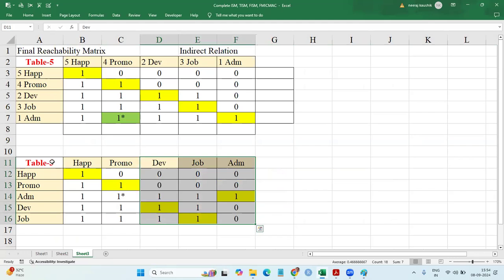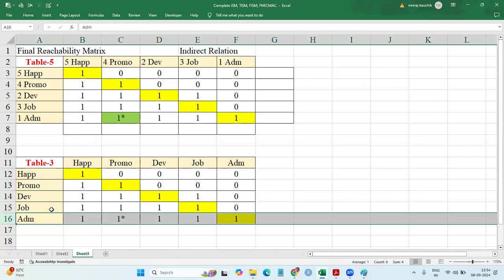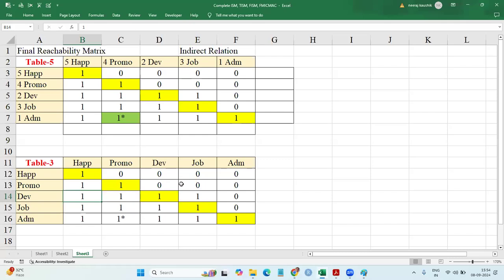And likewise, admission out from here and paste the admission here. This becomes table number 6. I hope, Nancy, this part is clear. So table number 3